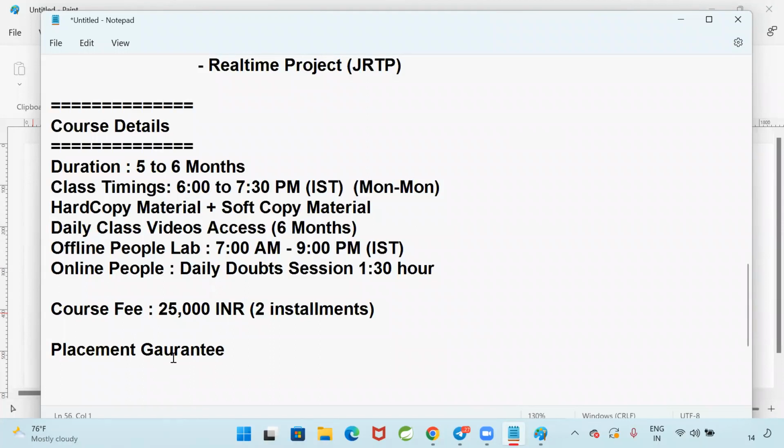Excuse me, guys. If you want to go as a fresher, till you get the job, our support will be there. And that too, within these 6 months, lab assignments, mock interviews, and weekly exams will be conducted topic wise. If I complete the arrays topic, I will give you 10 problems on arrays. You need to solve the problems and submit them to the coordinator. Daily, I will take the report from the coordinator on who completed the assignment and who did not.